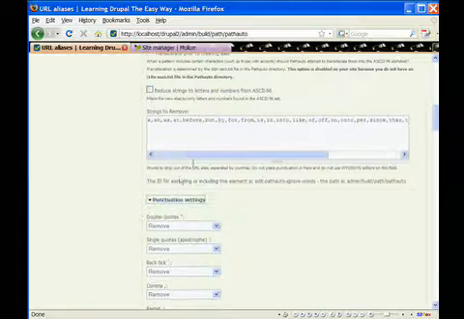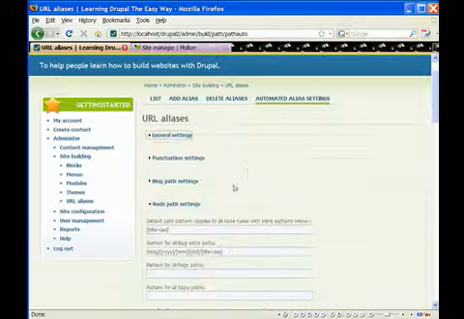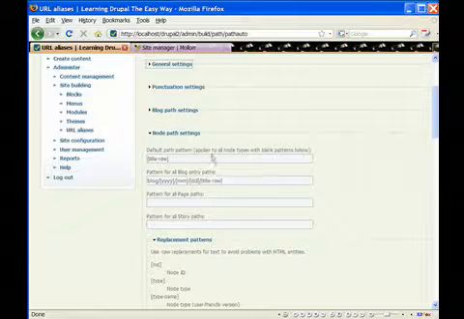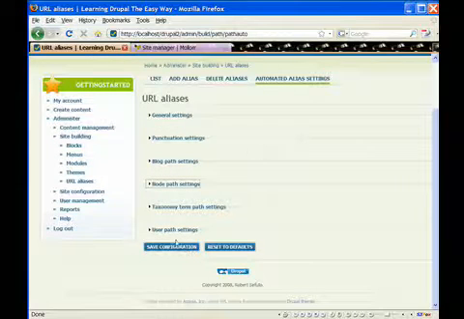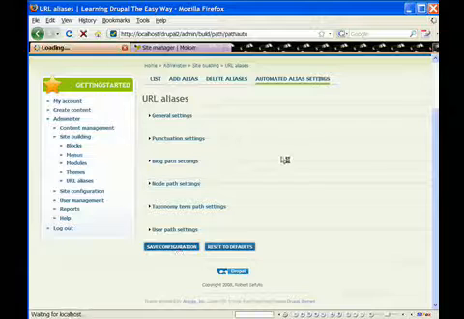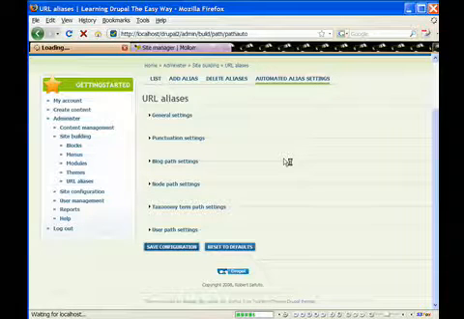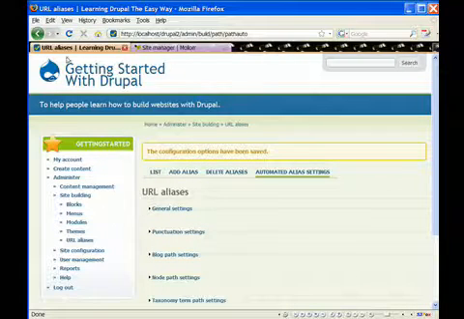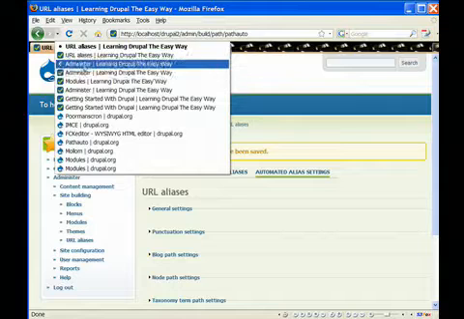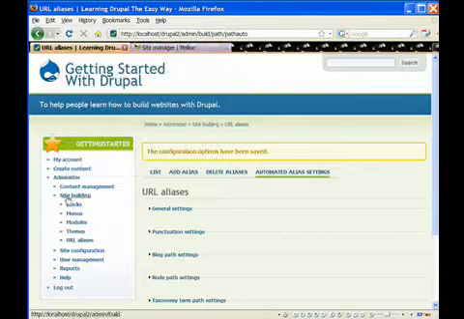And we're going to leave all these standard settings, and we're just going to simply make the changes that we've made here. So we're going to save that configuration. Next thing we're going to do is take a look at the configuration for